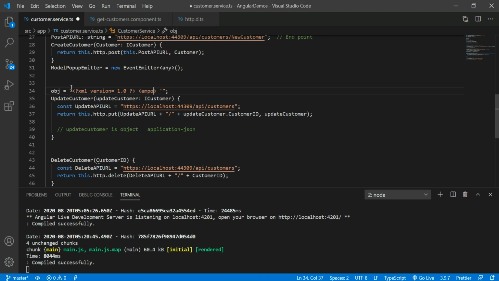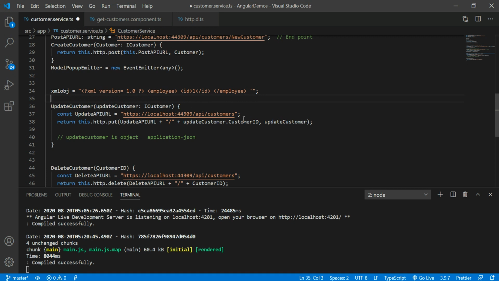Let me say employee, and inside it one node, that is the ID. I want to pass this XML object to this update customer. There is some requirement like that.